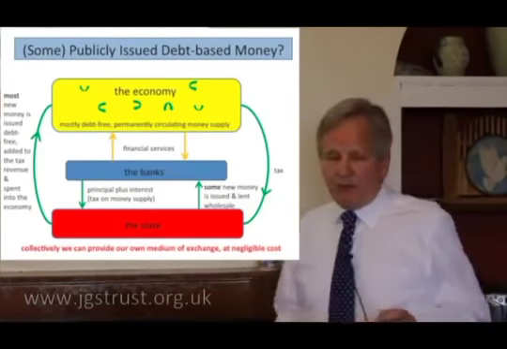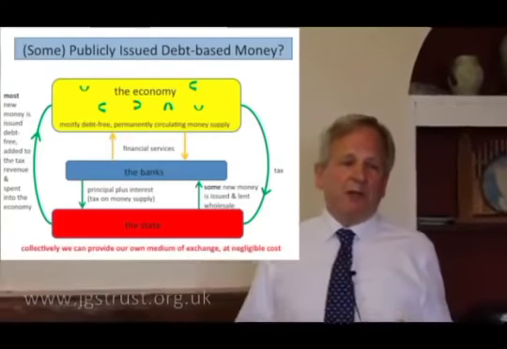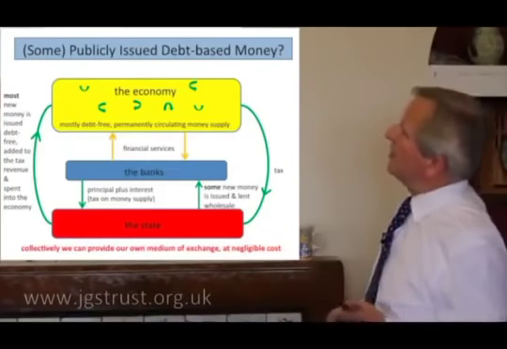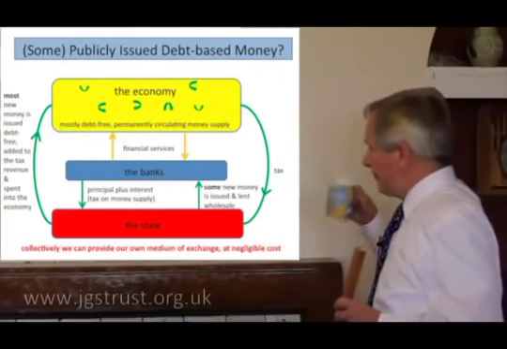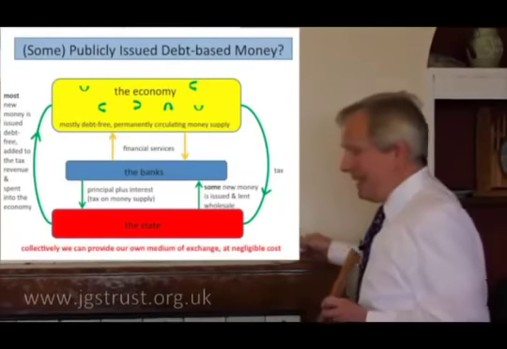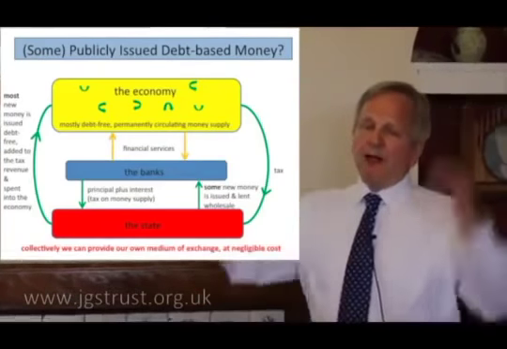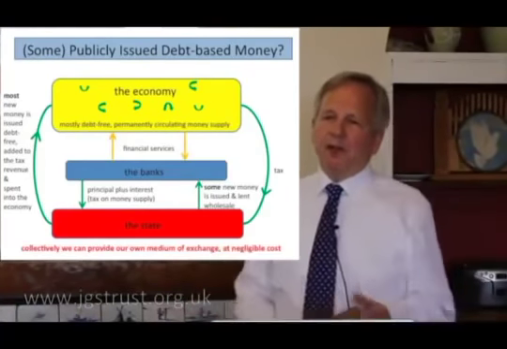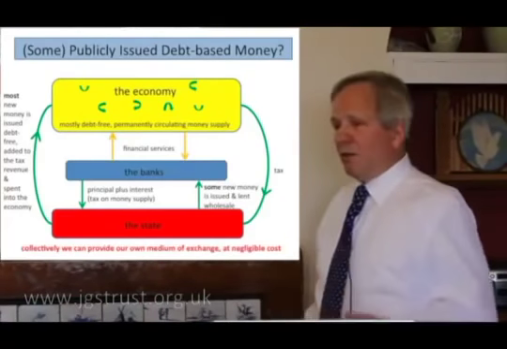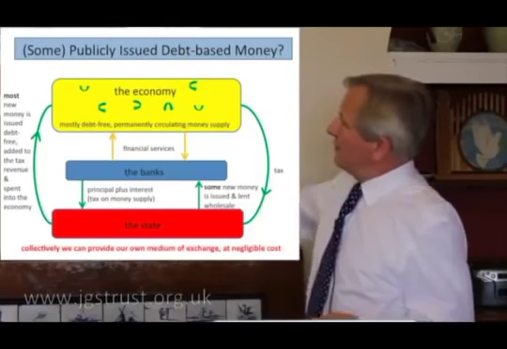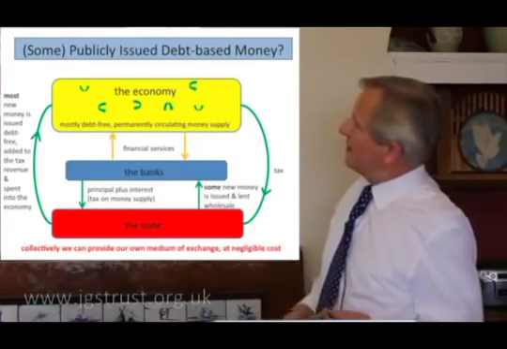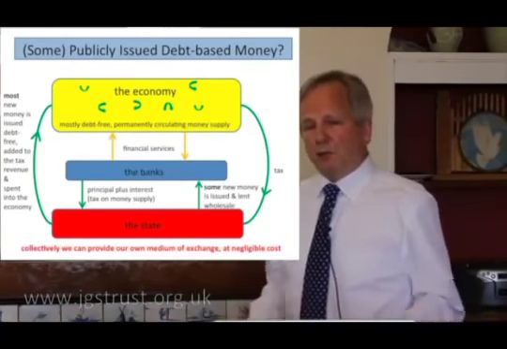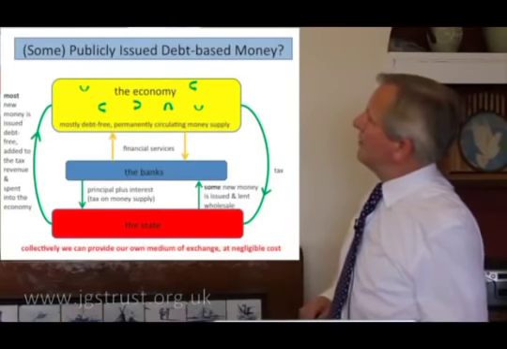Let's not knock debt-based money per se. We're just knocking commercially issued debt-based money. But there is an argument that any money system needs to be a bit flexible, needs to expand and contract. You know, if somebody invents a new widget and suddenly lots of factories are needed to produce these new wonder widgets, well, we need a bit more money in the economy. Well, we can still do that. We collectively, through the state, can lend money into the economy as well as spend money into the economy. So it's not a problem. This is a counter argument to